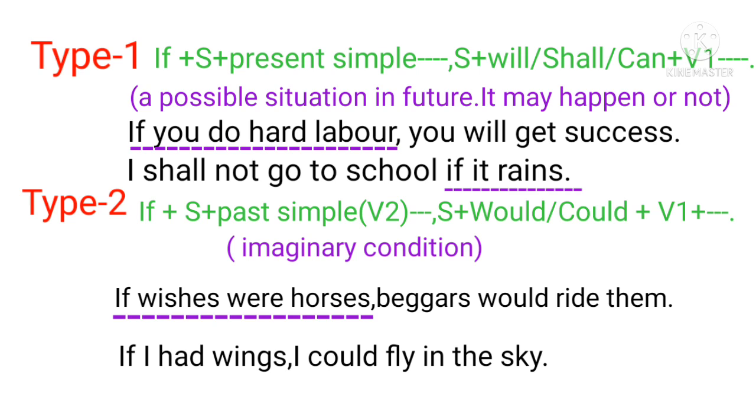Where is the past simple? Were. Would plus ride. If I had wings, I could fly in the sky. If I had wings, that is if clause or conditional clause. It is an imaginary situation. And